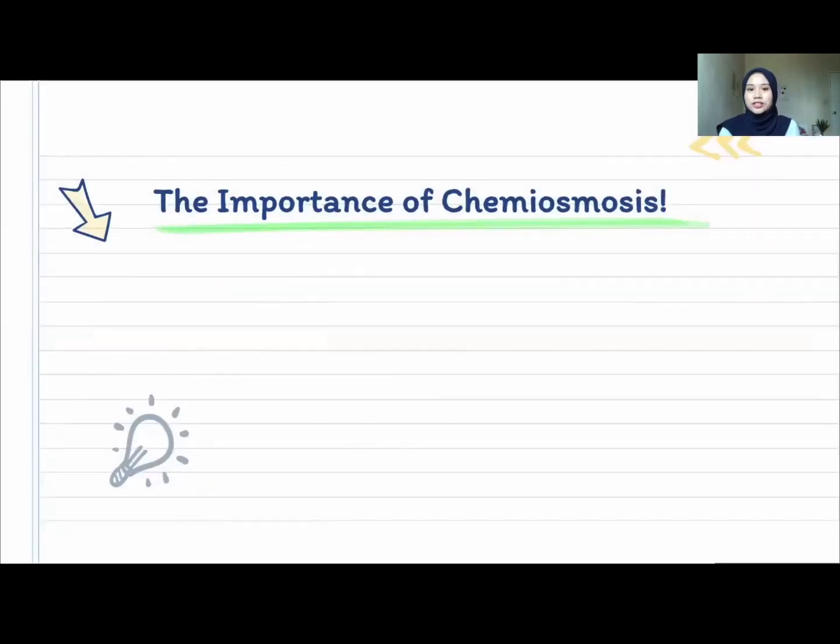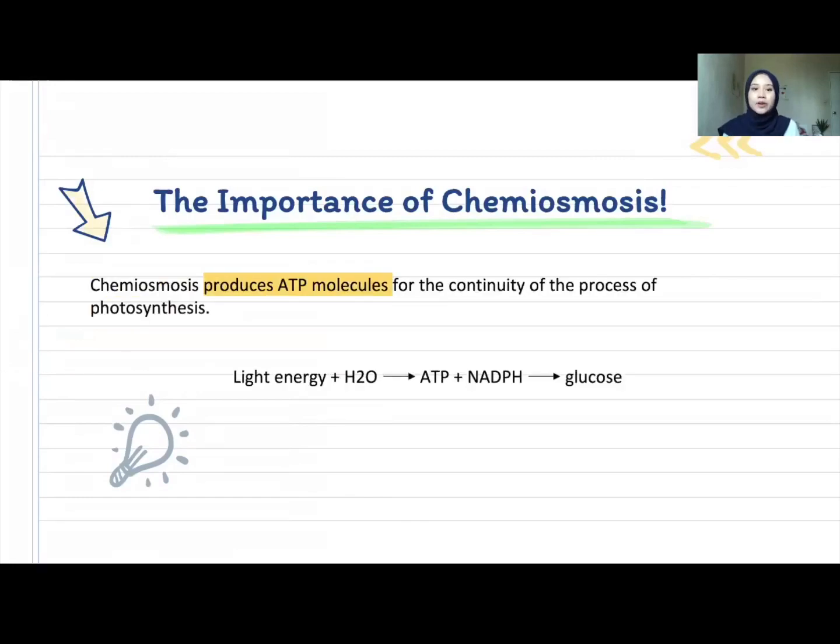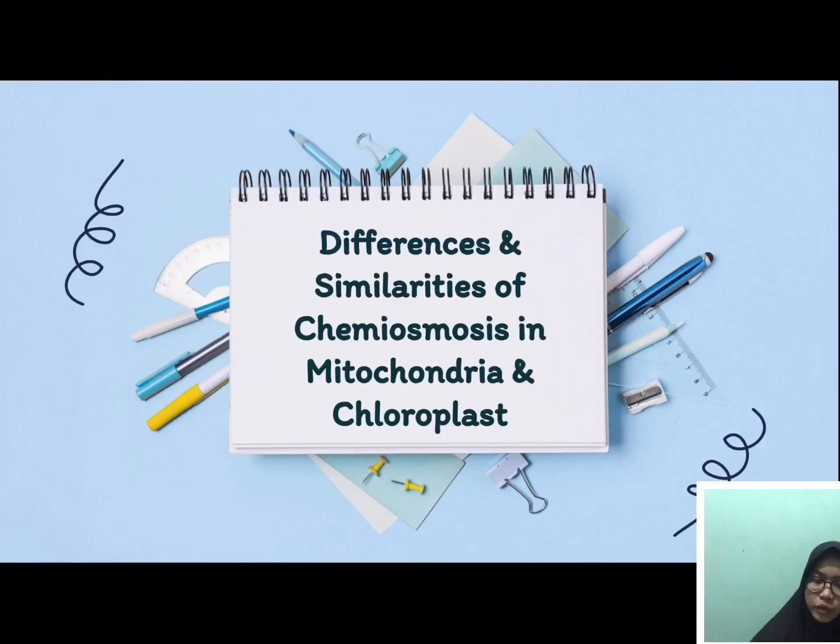So this brings out the significance of the chemiosmosis process, which is that chemiosmosis produces ATP molecules for the continuity of photosynthesis. Now let's move on to the last part, which is the differences and similarities of